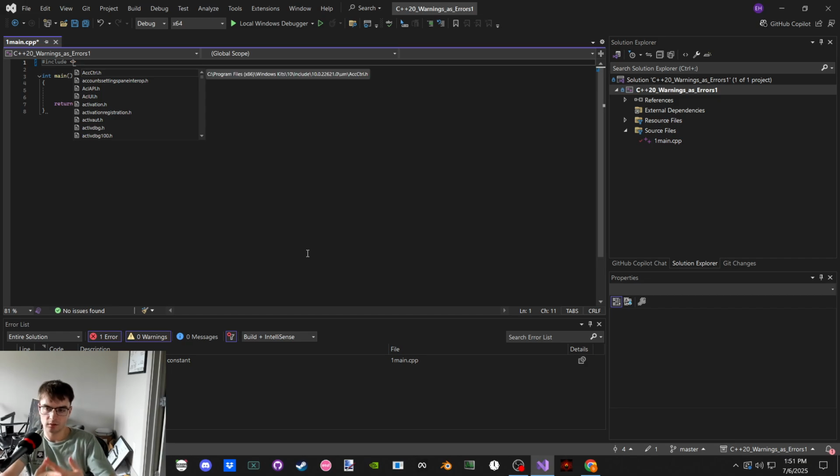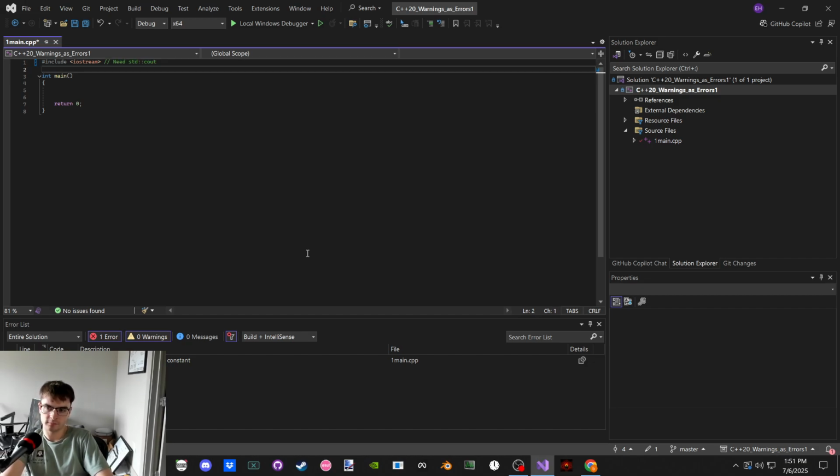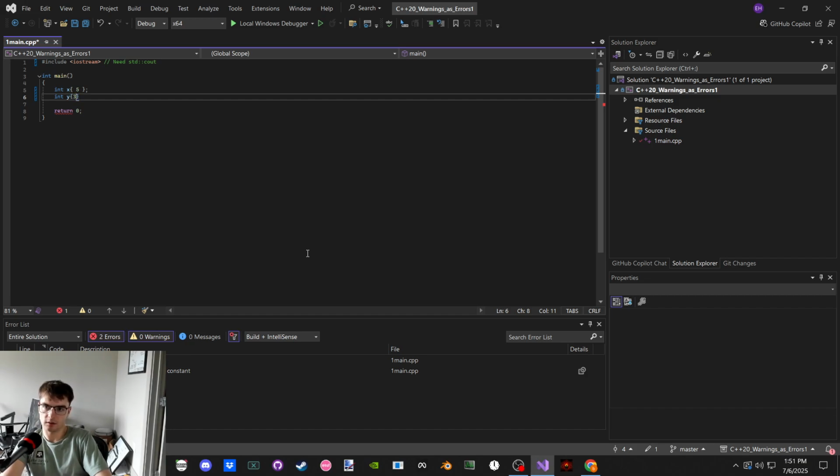We need, and it's void, so we don't need anything optional. IOStream, why? Because we need to use standard character output. And x is 5, and y is 3.